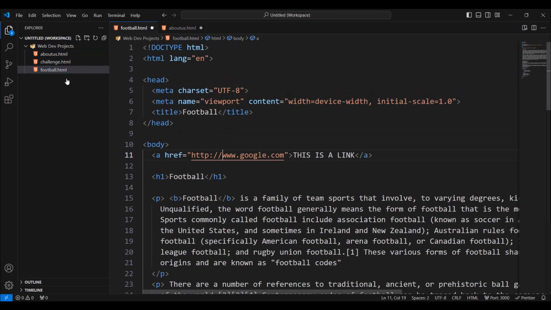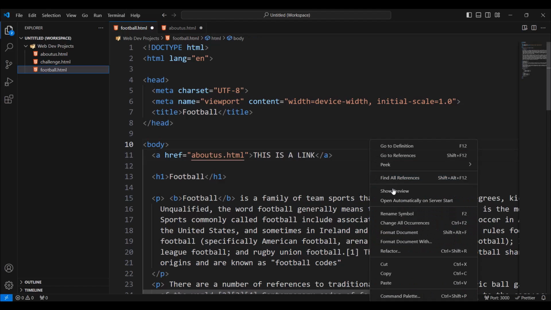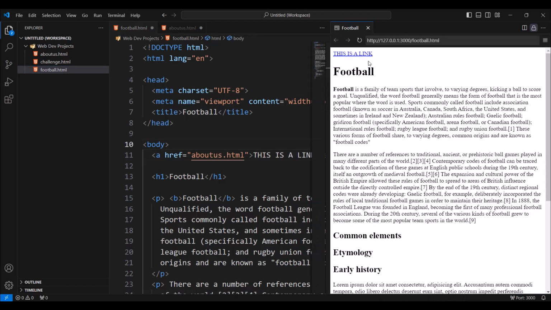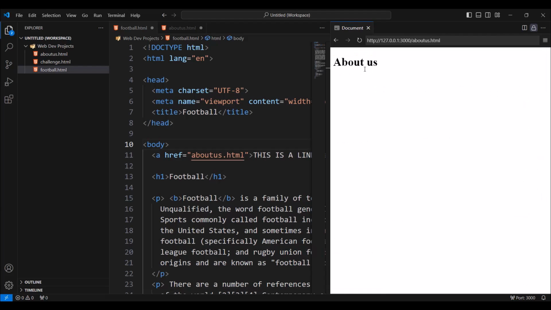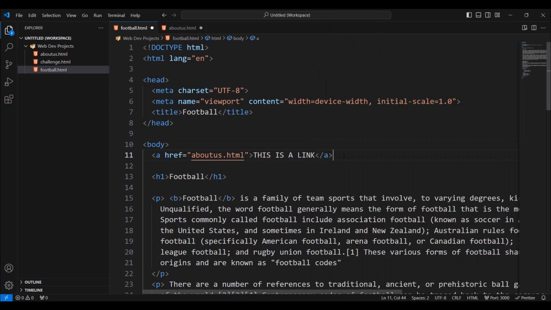Now I'm going to change this to about us HTML. Now if I show preview and if I click here, it takes us to the about us file, and you can go back. You can create another anchor, and that is going to take us back. I'm going to end this video now here and see you in the next video.